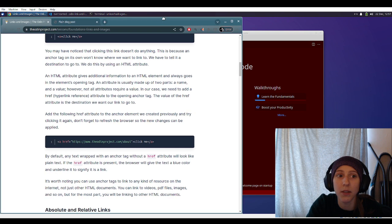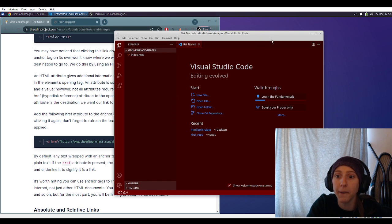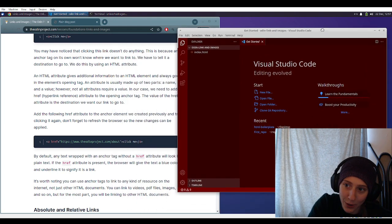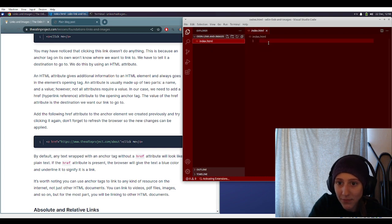Chrome window just slightly smaller so that it can be over to the side, and then we'll have VS Code. Can I move you, please? Thank you. Thank you. So moving. All right, now we're within our